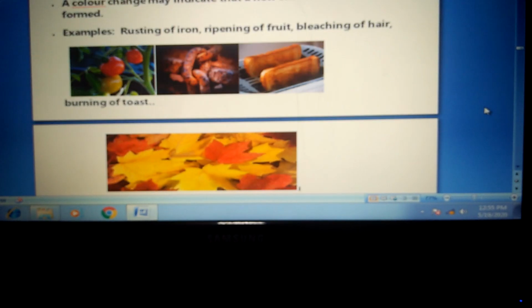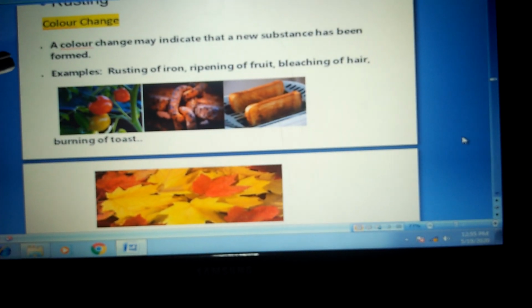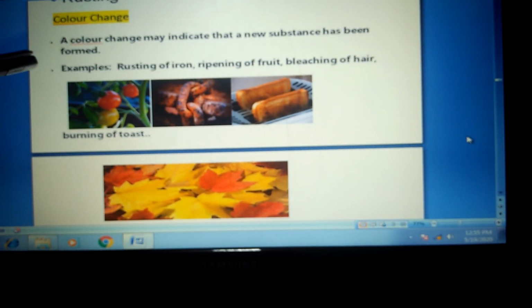Let us see some examples of the first symptom, that is color change. I said earlier that a color change must be